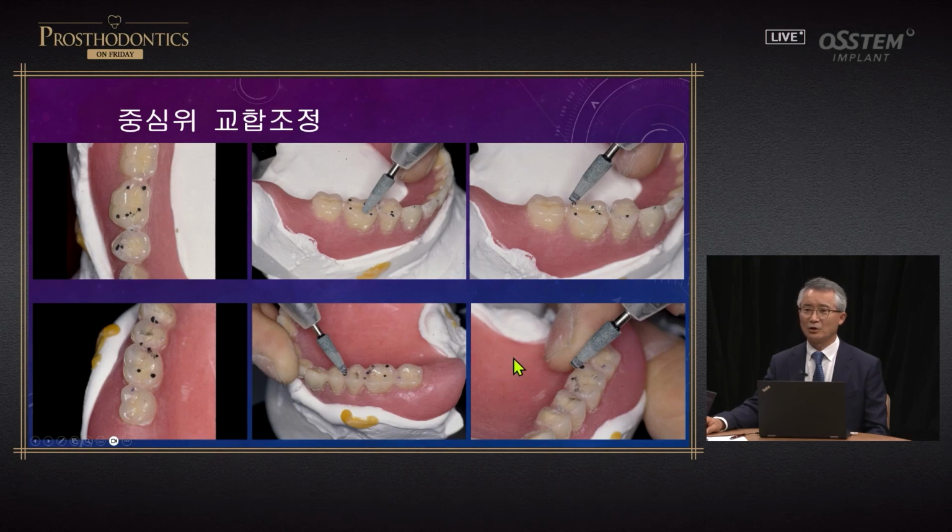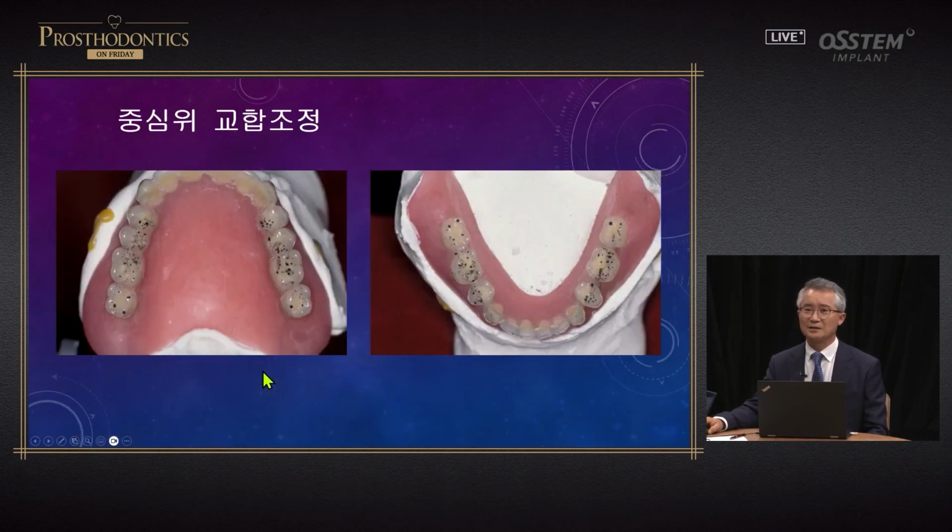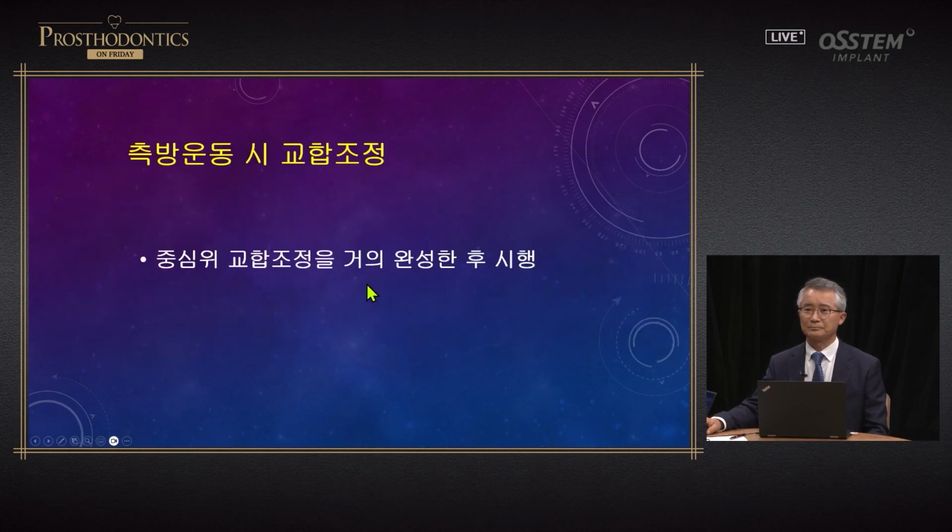When marking is significant, excuse me, if you find some markings significant, you can remove a bevel and make a cusp tip smaller. You need to make adjustments accordingly. There are big dots, small dots. I think this is sufficient from number 7 to 4. There are consistent markings, so it's okay.